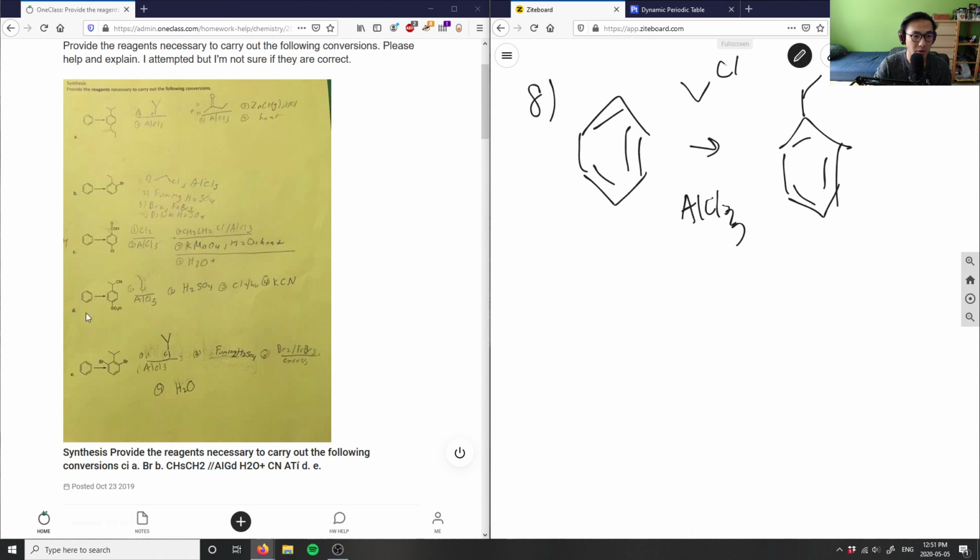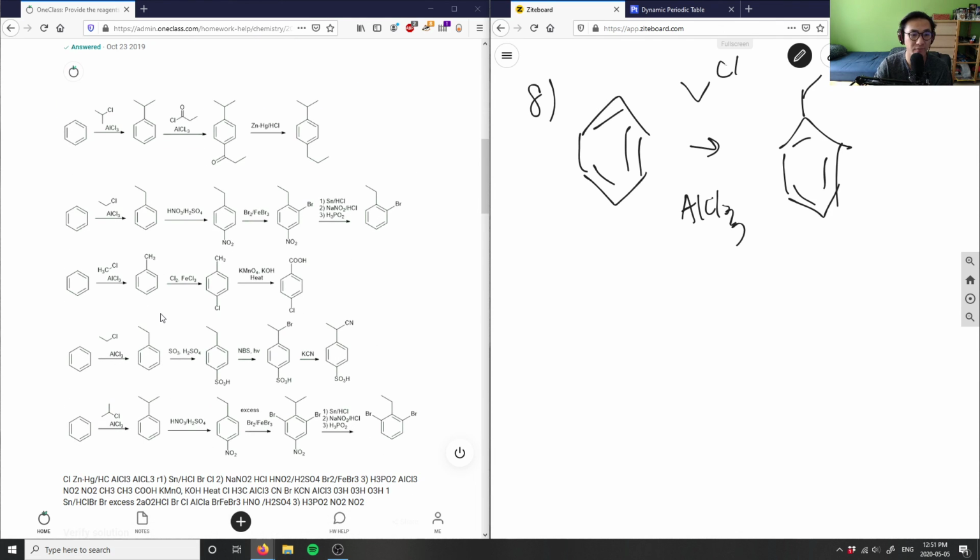Number 4 here, D, is asking us for a cyanide group on carbon 1, an isopropyl group, and finally an SO3H here as well. So what I can do is again use a Friedel-Crafts alkylation to get my alkyl group at the top here. I can use SO3, a sulfite group, sorry, in fuming sulfuric acid to get my